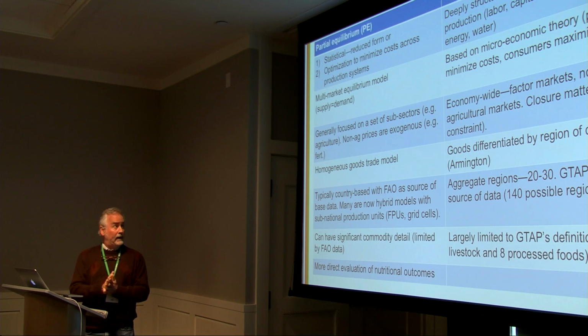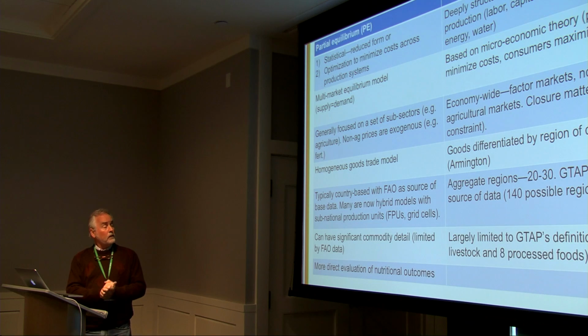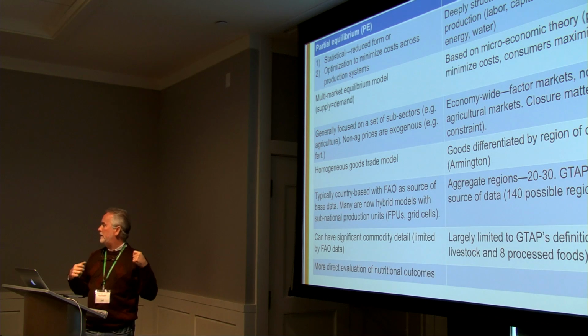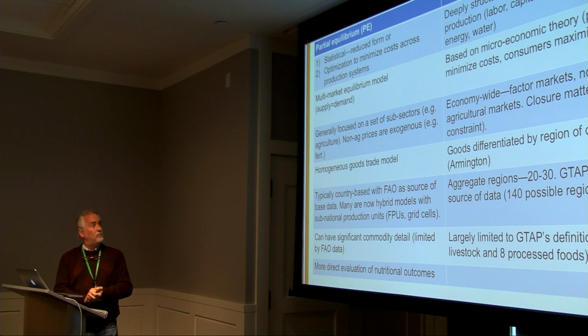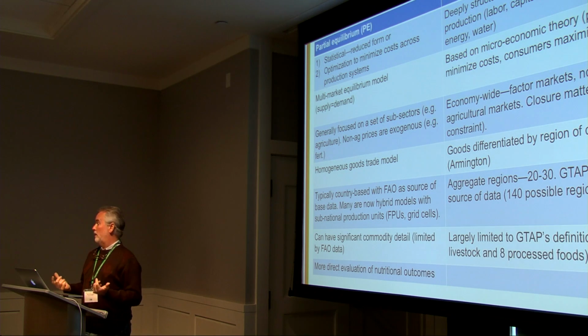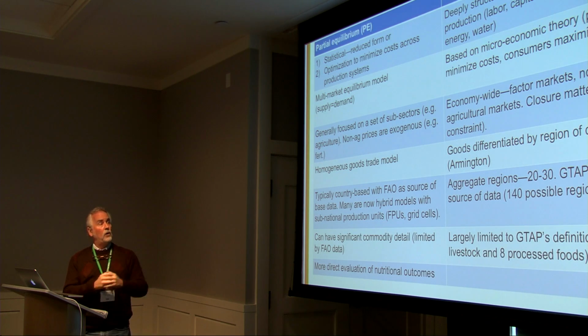GCAM-P, for example, from PNNL, has a very developed energy submodel as well. But in general, they're taking a bunch of inputs from outside the agriculture economy as exogenous drivers for the PE models. For the GE models, basically, the GE models encompass the economy-wide factors, so it has both the ag and the non-ag sectors. It also has factor markets, and that can play a very important role, all right? The factor markets are, by and large, nonexistent in most of the PE models.